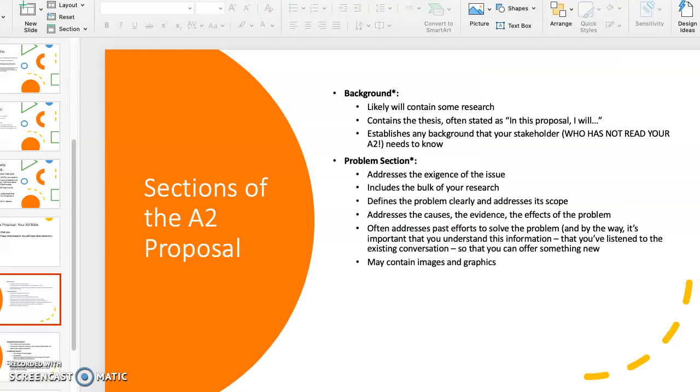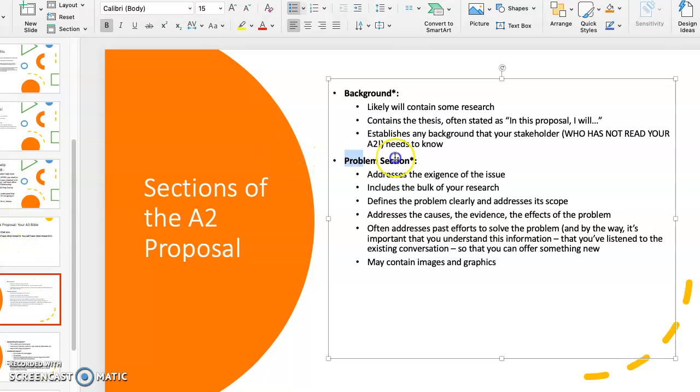I'm also going to point you back to the A3 Genre Conventions PowerPoint that I sent on Monday. I attached that in that email, or the Canvas announcement that went to your email, and then put it also in A3 resources. And this has the breakdown of the sections. You'll notice that the problem section is likely the section that includes the bulk of your research. So you're going to be doing maybe a little bit of new research, but you're also going to be relying on your A2 research and translating that to A3.